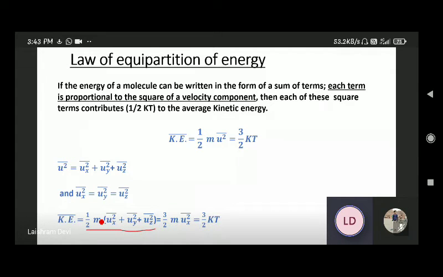Okay, the statement of law of equipartition of energy. ये शुरू वाले सेम ही रहेगा स्टेटमेंट हमेशा? मैम ये 1/2 kT सेम ही रहेगा ना हमेशा? मतलब ये जो आप बता रहे हैं कि मॉलिक्यूल इतना ही कंट्रीब्यूट करेगा एवरेज काइनेटिक एनर्जी में? एक एक टर्म जो है इसमें 3 टर्म्स में आप डिवाइड कर सकते हो, एक x कंटेनिंग टर्म, एक हाफ m y कंटेनिंग टर्म, एक z कंटेनिंग टर्म इन टर्म्स ऑफ स्क्वायर ऑफ द वेलोसिटी। ठीक है, तो हर एक टर्म कंट्रीब्यूट करेगा हाफ kT।